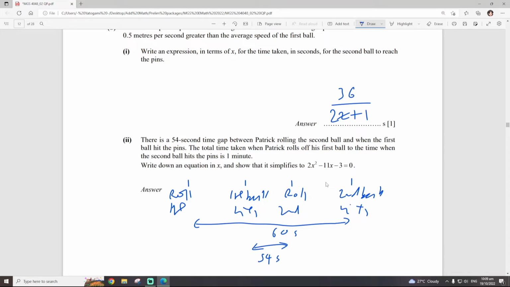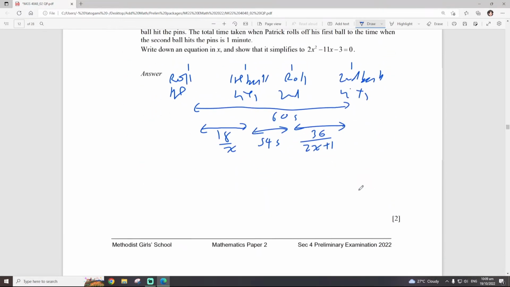So what's going to happen basically is that in total, the first one will take a longer time. So this is actually 18 over x, and this is actually 36 over 2x plus 1. If we understand the question correctly, the total time will be the remaining 6 seconds. So we will get 18 over x plus 36 over 2x plus 1